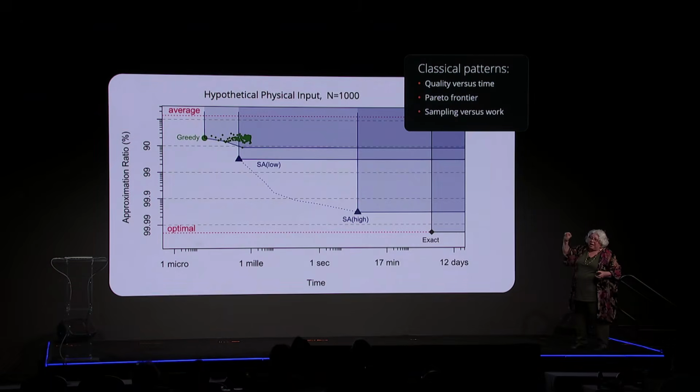And so it's very, very quick to roll down to a local minimum, but it keeps repeating that if you're giving it a long time. And so that's why you see a cloud of points next to the greedy: bang, bang, bang, bang, they're coming out. And then you have a solver like simulated annealing, which has a parameter that the user can set about how much work it's supposed to do. If you set that to a low value, don't do much work, you're going to get a less good solution. If you set it to a high value, this dotted line is sort of hypothetically how it might improve